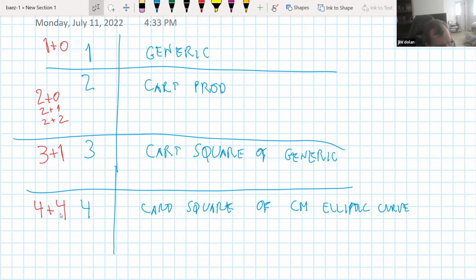So let me just comment, going back to this silly chart here, the 3 plus 1, the 1 is the dimension of a Lie algebra. Let me just name that Lie algebra, because it's what I might call SO2 in the 3 plus 1. Maybe I should say O2 rather than SO2. Is that right? Because now I look at the next one and I see 4 plus 4, and the second 4 is the dimension of a Lie algebra, and that's evidently the Lie algebra U2.